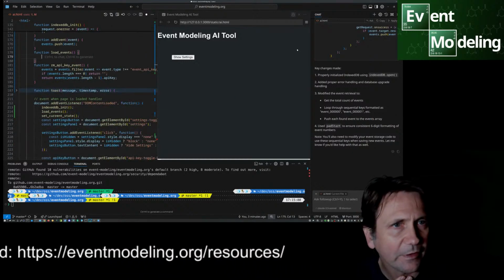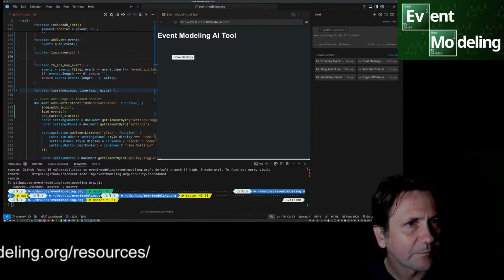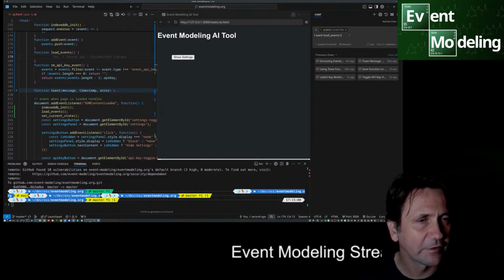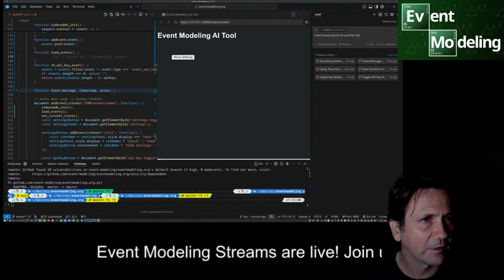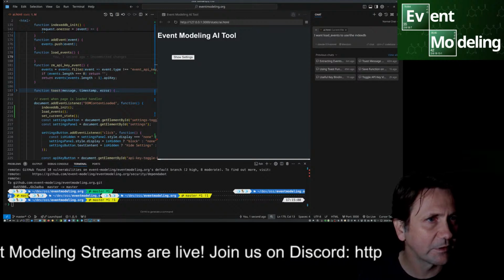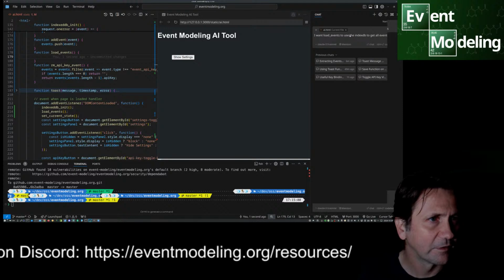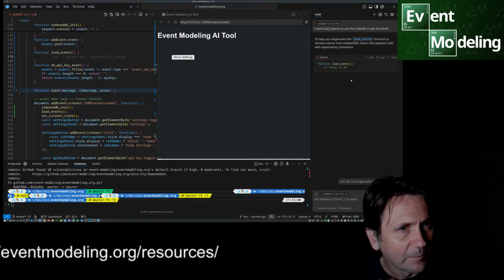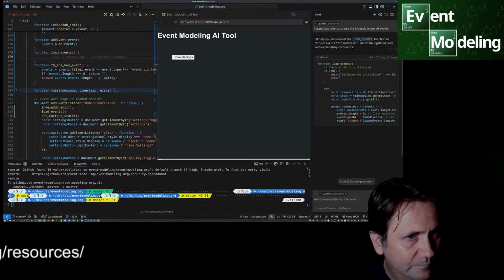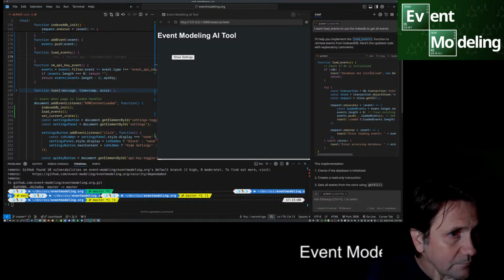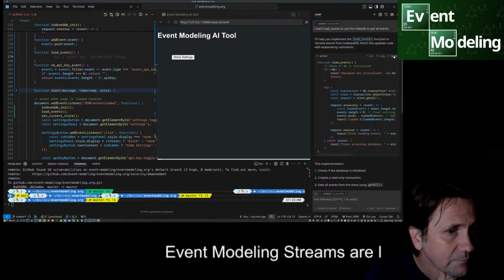Okay, so that's what I'll do. I want load events to use the IndexedDB to get all events. Okay, apply,